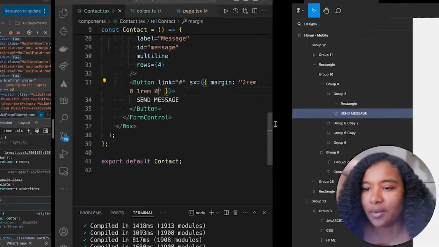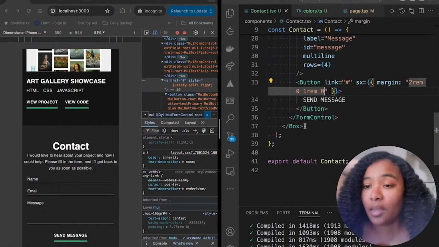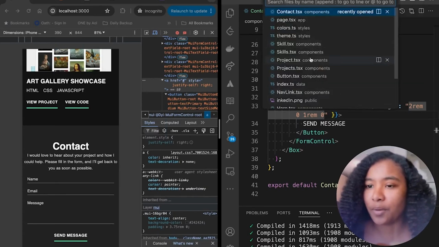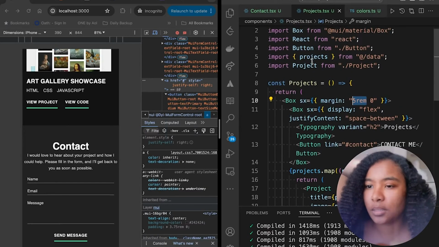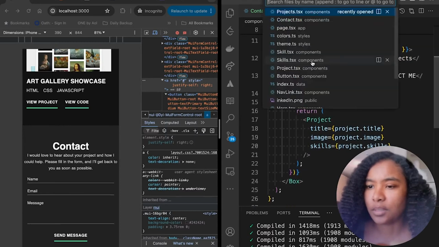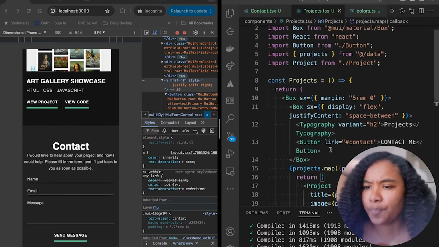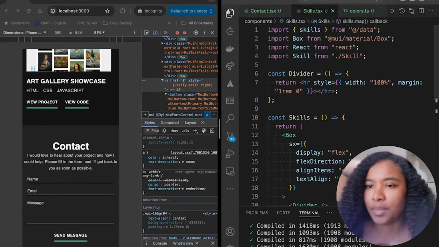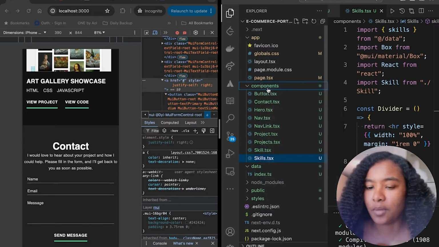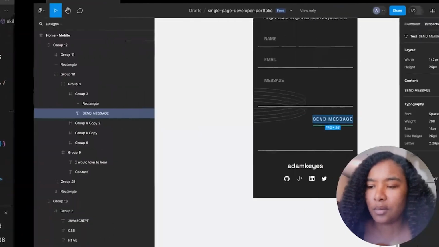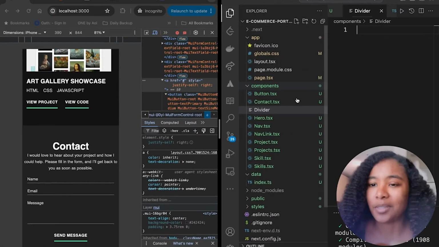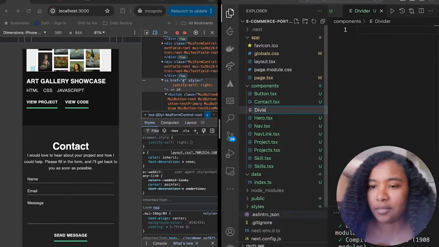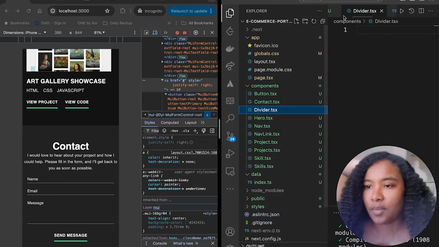Cool, so that's done. And then I'm gonna add in that same divider. I probably should just make it its own component from projects. What was it? Yeah, projects. No, sorry, it was skills. Skills. I should have made this a component. New file, divider. So I did not even notice that there. Divider, oops, rename. .tsx. And then